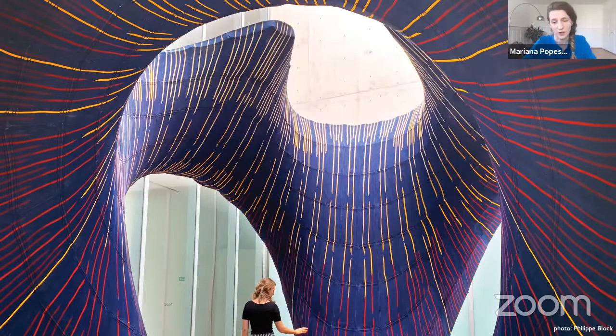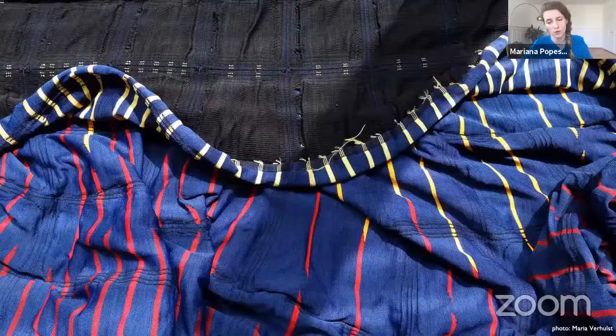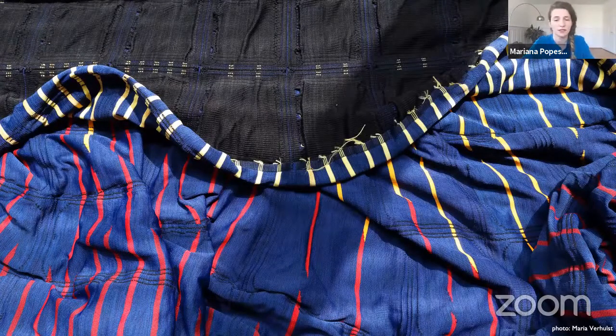Now, what is special about this is that the textile had two faces. It fulfilled an aesthetic role on the one hand and a technical role on the other, where the technical side had channels and openings so that we can introduce all of the cable net and inflatables and so on. These types of textiles are produced in one piece. This is one of the strengths of using knitting. Here's just an example of the front face and the back face that are very different, but they were produced